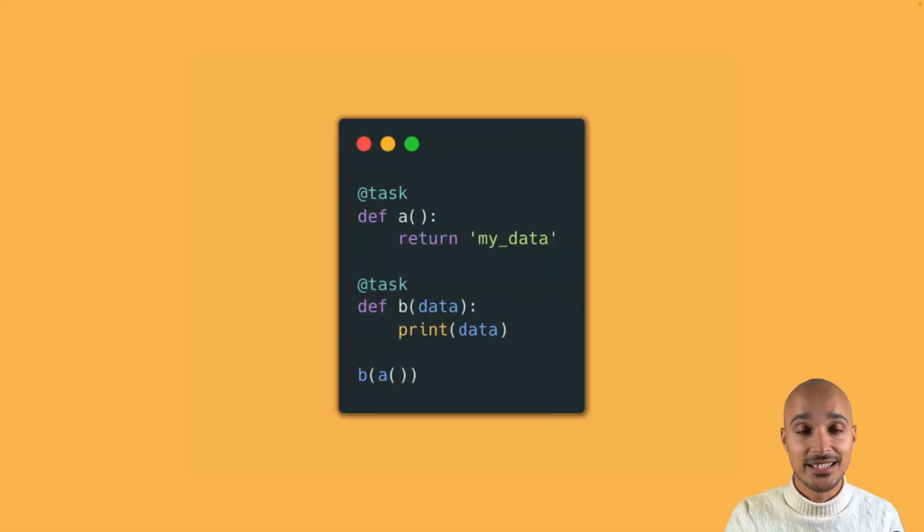As you can see here, this code does the exact same thing as before. It shares data between tasks A and B, but with much less code. This is much cleaner, easier to write, easier to read, so that's the new way of sharing data with the TaskFlow API. Again, behind the scenes, it's still the XComs that we use, but the fact that Airflow exposes the XComs is truly to give you all the flexibility you need. If you don't want to care about XComs, you don't have to care about them, as long as the data that you share is small.